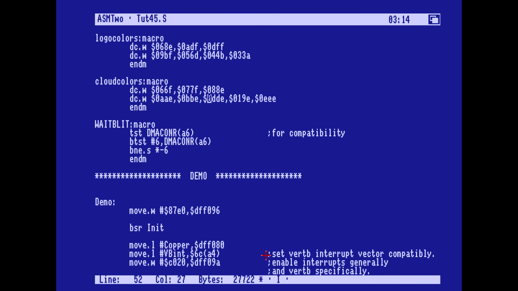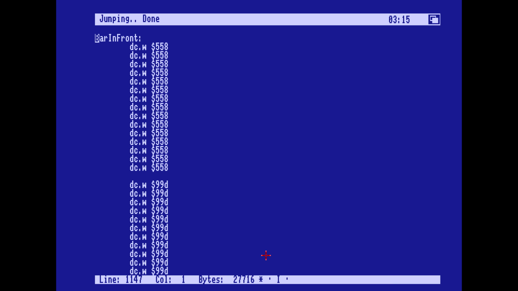These raster bars have been with us now for a long time, almost since the beginning of this series. In the very first episodes, we did a raster line with the CPU without the help of the copper. Waited for mouse button press. And then this was one of the earlier things we added. So that is the cloud colors palette, and I need to go back now